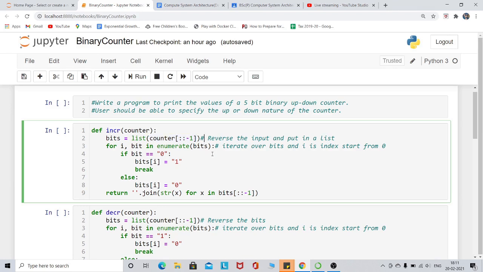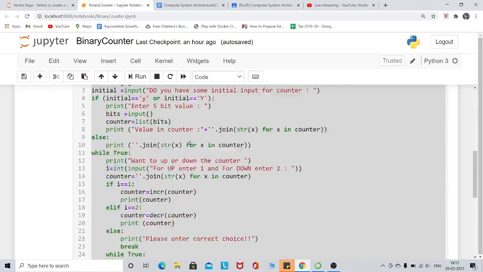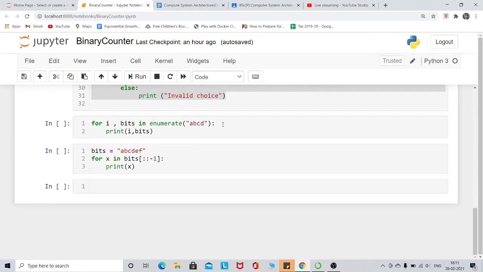If you are not aware of the slicing operator, I am giving you one example here. Suppose bits is anything inside a string. If I write bits and use this slice operator, with nothing here, nothing here, and -1 here, it will print everything in reverse order.